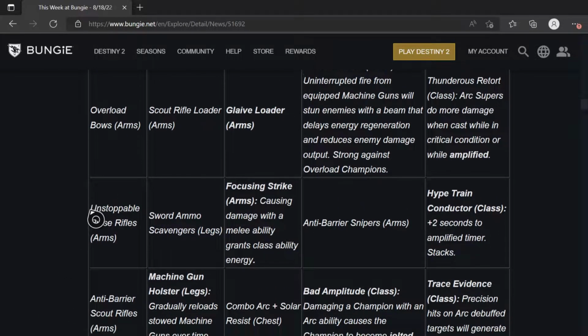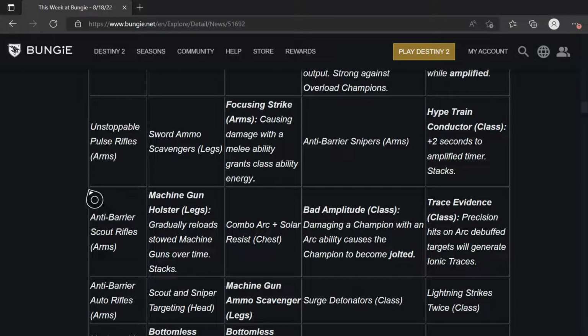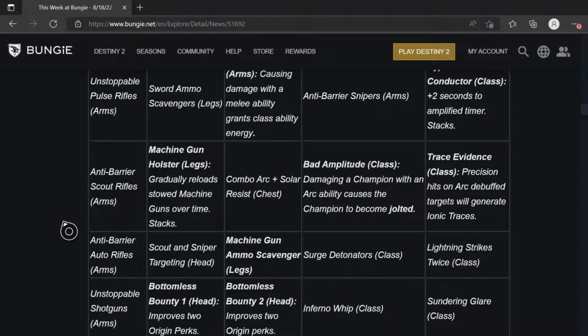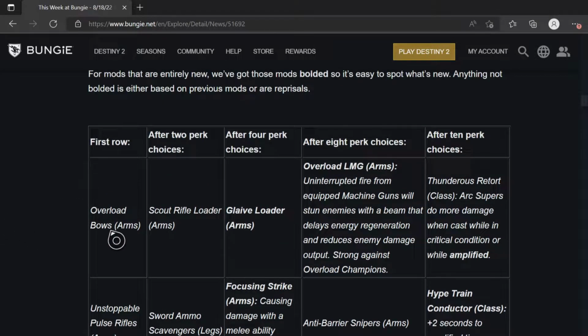So we can use Pulse Rifles to stun Unstoppable, only need one. We can use Scout Rifles for Anti-Barrier, which we need to hit the multi-rounds off the bat. Anti-Barrier Auto Rifles means I can take sweet business and just keep fire off the entire time. But then, from there, Overload Bow, obviously great, but then of course Lament Arc is intrinsically Overload, so you might